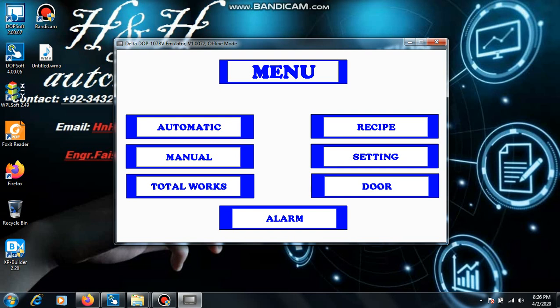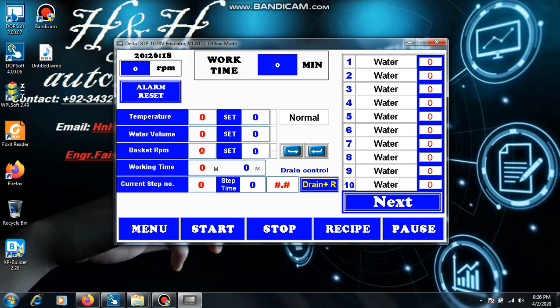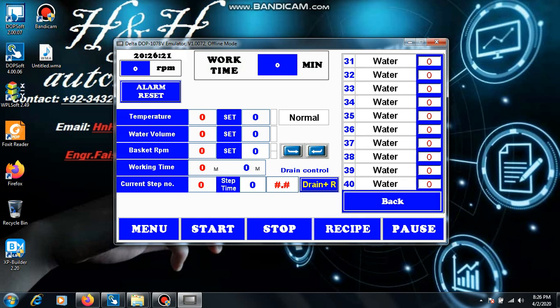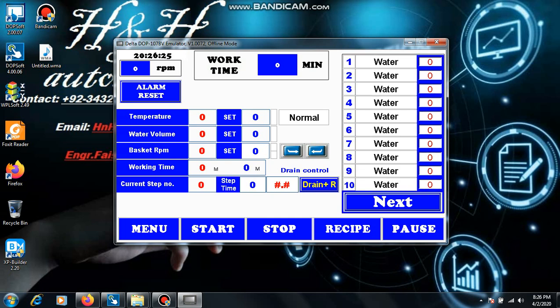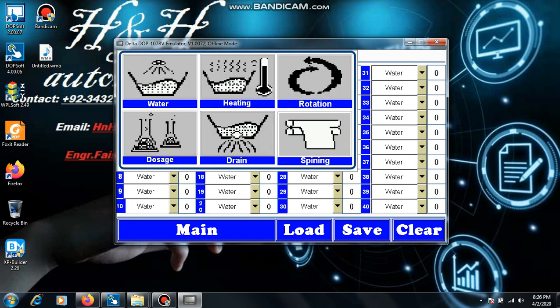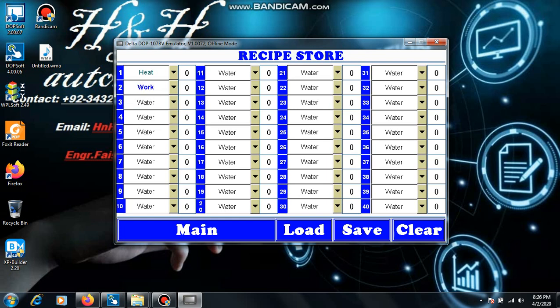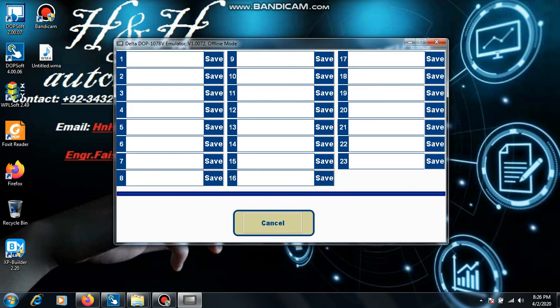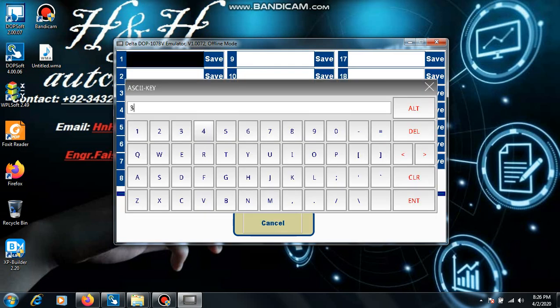are different options. These are the options which we have put same as the original HMI. It's automatic functionally. Here you can put the steps. There are 40 steps which can be added, and these are possible with the help of recipes. You can select steps from here and also from here: heat, working, water, dosage, unload, and pre-rinsing, which is also known as hydro. And you can save this here by the name of your own choice,